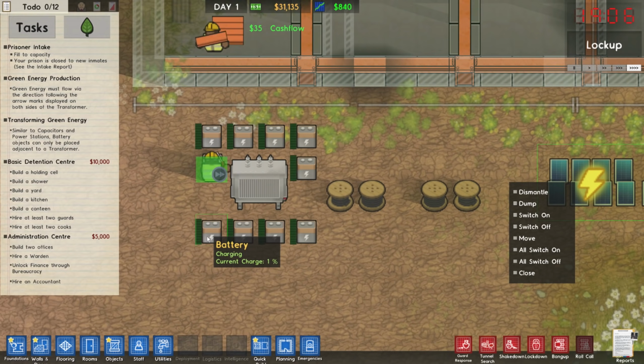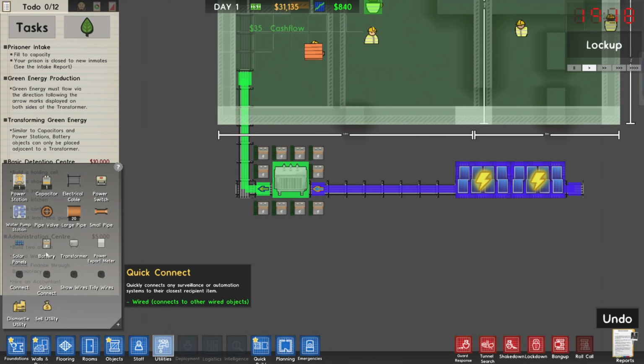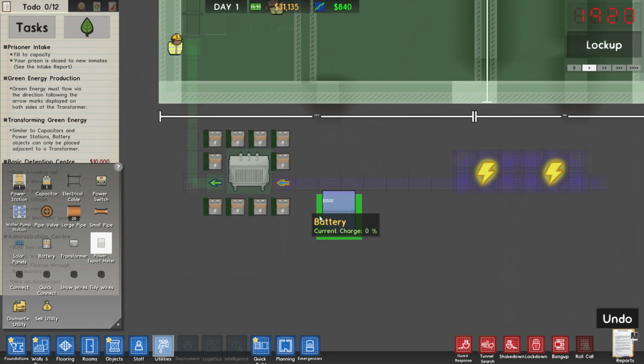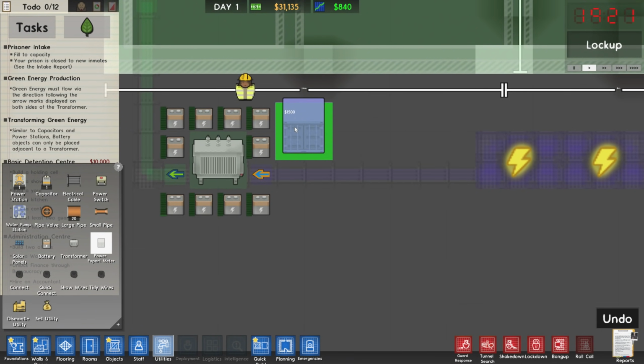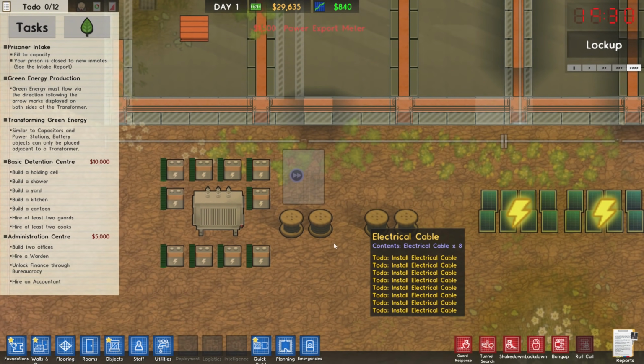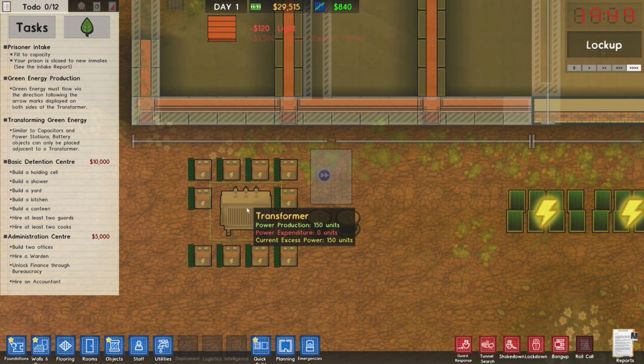The good news is these guys are gonna start charging, and then I guess what we can do is also throw in an export meter. And I guess we could throw it sort of here. So if I do that and get that thing hooked up a little bit. Obviously, these batteries are probably going to take a while to...